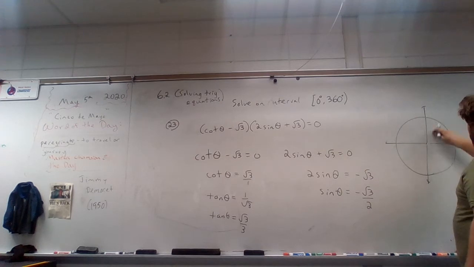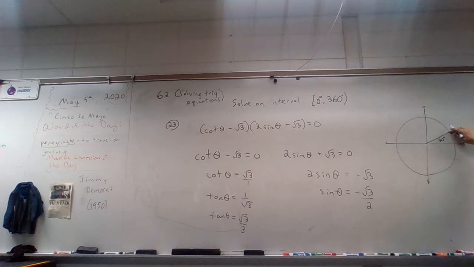Actually, I wrote that backwards. Sorry, I had it thinking about it. 30 degrees, which is right here, and that is at root 3 over 2 comma 1/2. So if I look at that 30 degree angle right there, okay? And that's because if I look at the cotangent of 30 degrees,